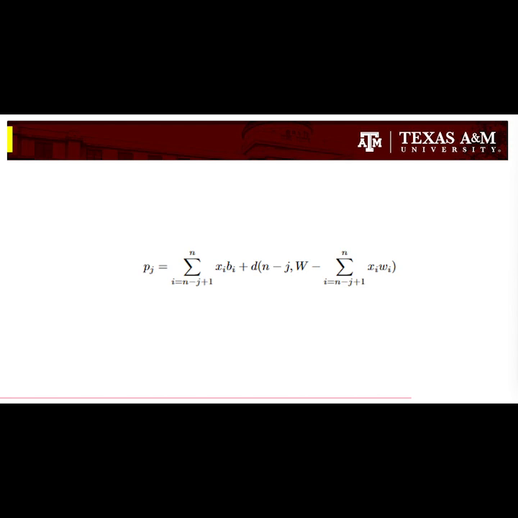Rather, we can just go ahead and recompute these every iteration that we solve these subproblems. But what we're doing here is we're reaching back into the table to retrieve